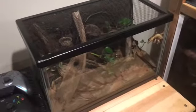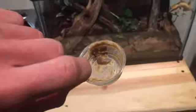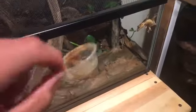Okay, guys, so to start off feeding the two geckos, I take the thing of food that has dried out at this point here, and I take it up to my sink and I fill it with hot water, and then while I let it soak, because it's going to be kind of hard to get the dry stuff out, I come down and I pick out the dubia roaches with that. Then, like I said, while the